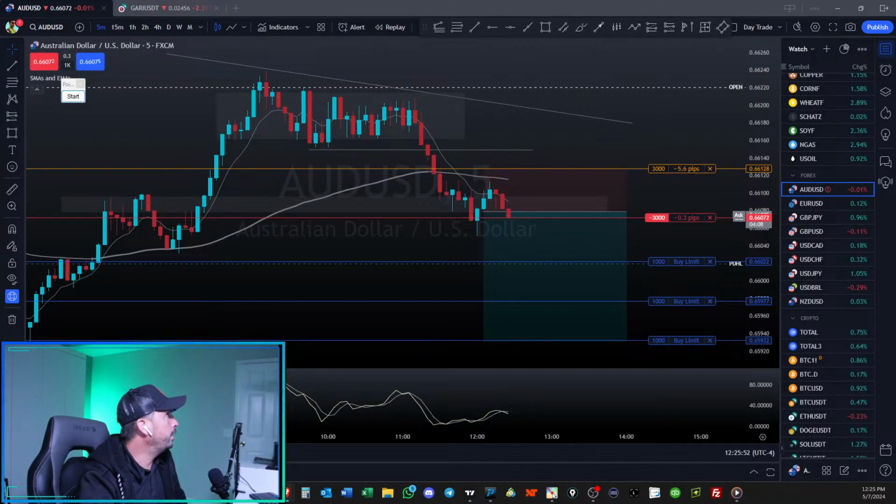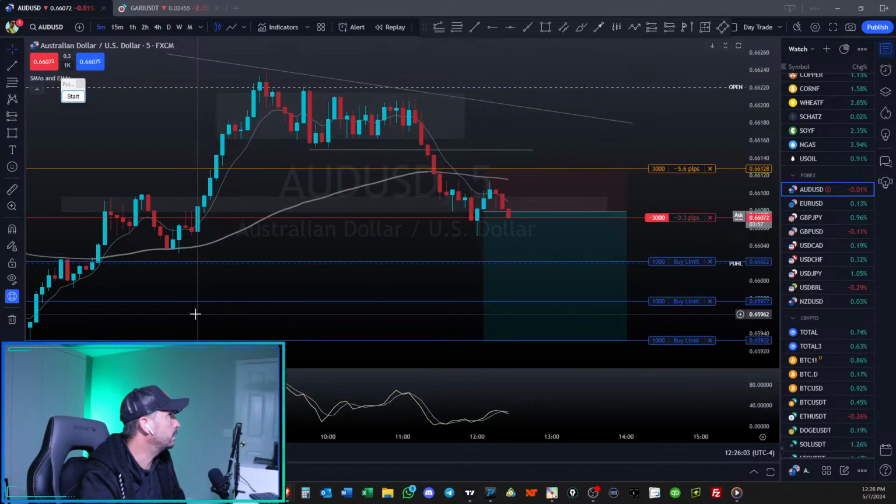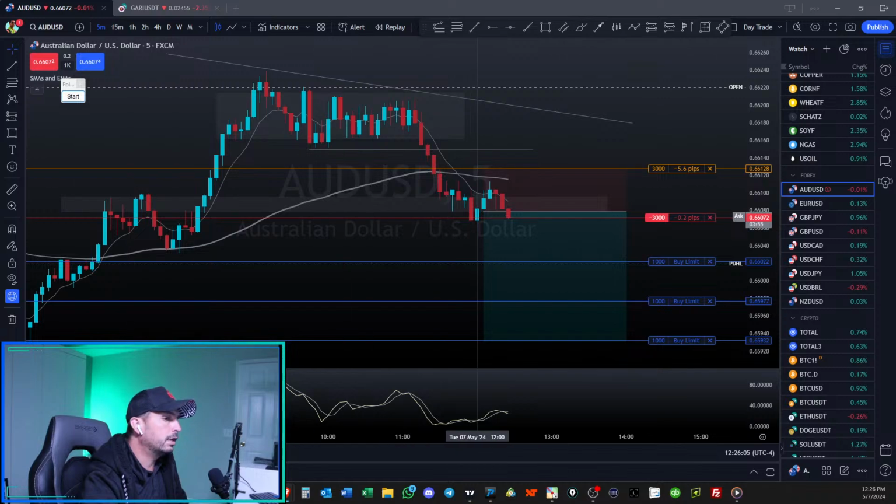Right, the AUD is going down. Looks like once it gets to my first target here, I'm gonna put the stop on break even, and then I'm gonna leave it running and see. I don't like the trade this afternoon, so